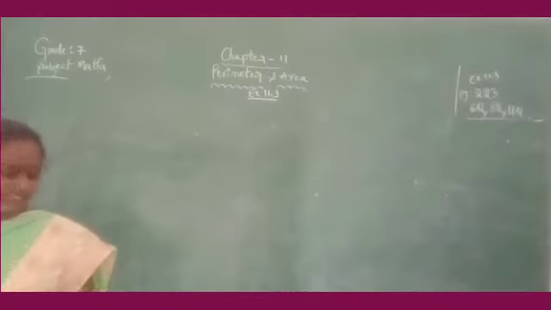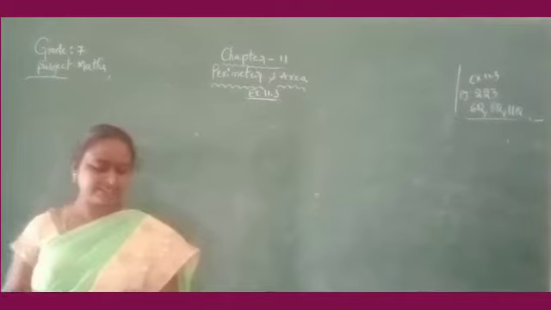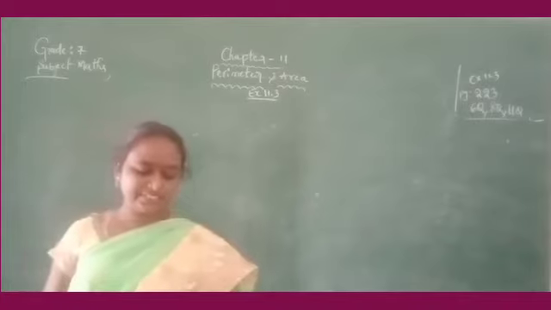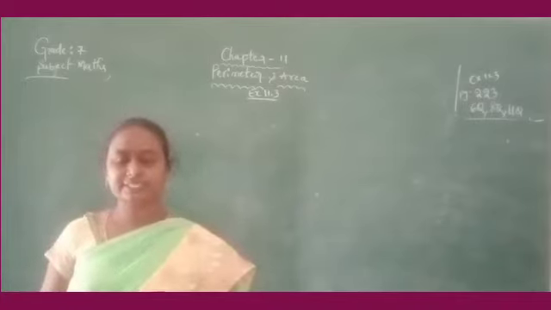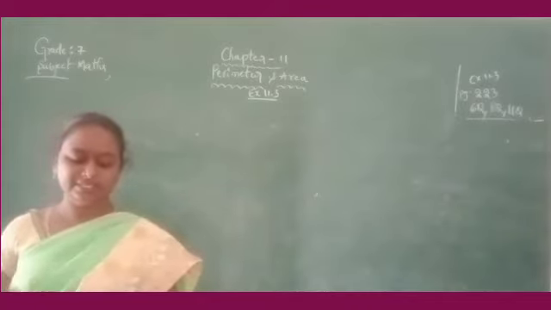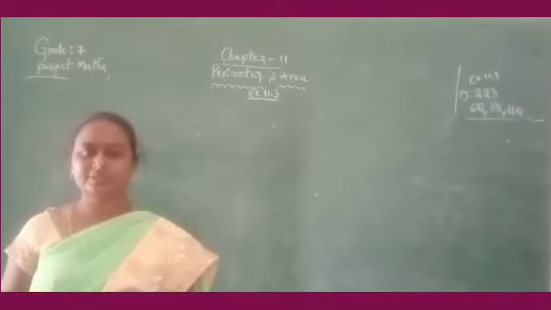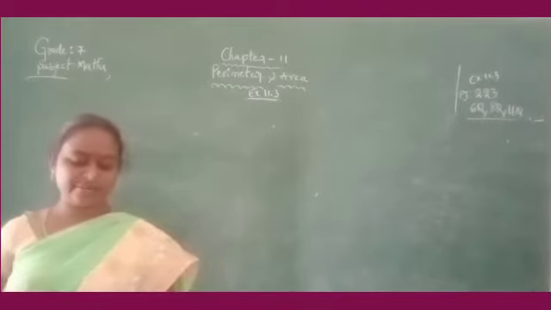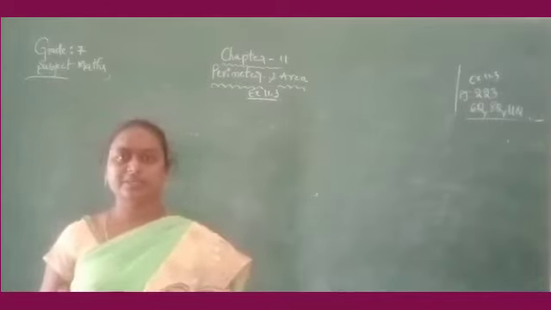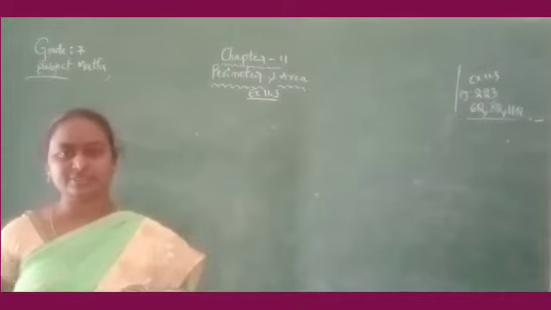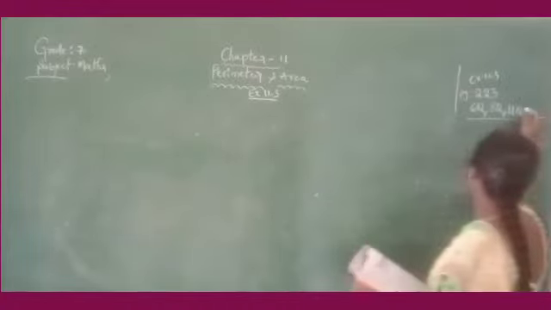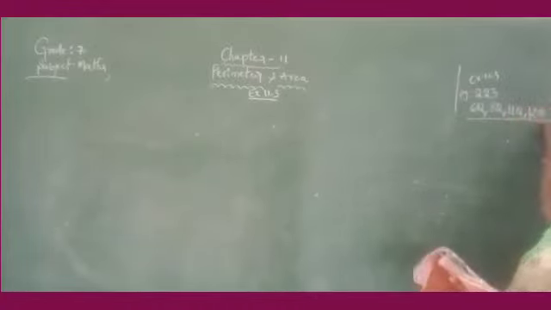See the 12th problem, children. The circumference of a circle is 31.4 centimeters. Find the radius and the area of the circle. Here circumference of a circle means the total length of the circle, 31.4 centimeters, is given. So it is also very easy. First you find the R value, after that the area of the circle, that is pi r square. If you know the radius, it is easy to find the area of a circle, right? So I hope you can do all these problems. The 12th question also I am giving you as homework.